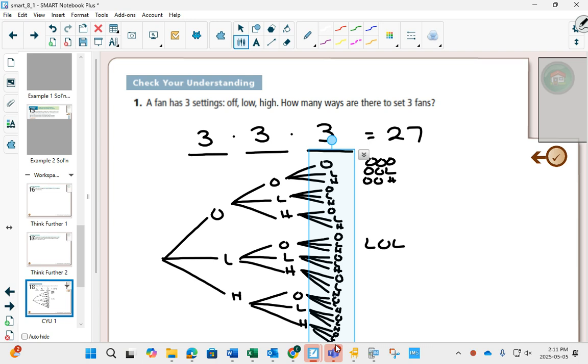But the counting principle lets us count them very quickly. And this is what this unit is about, is how do we count complicated things quickly? And the first method of counting complicated things quickly is this fundamental counting principle. All right, so questions you can circle are 3, 4, 6, 11,